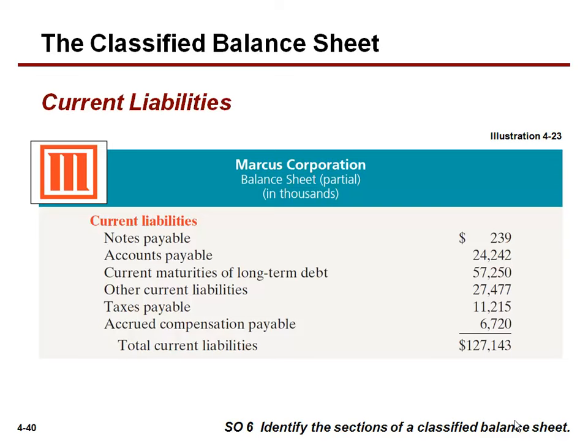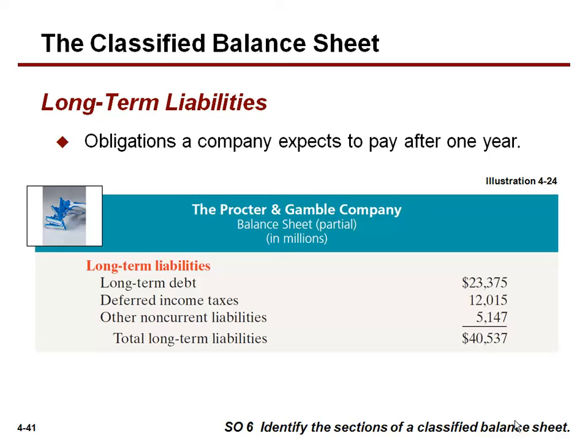Moving to the second grouping of liabilities, long-term. These are obligations, again, legal debt the company is expected to pay, but after 1 year, beyond 12 months. Here we pick up the other portion of long-term debt, $23,375,000. That in combination with the previous long-term debt payable within 1 year,